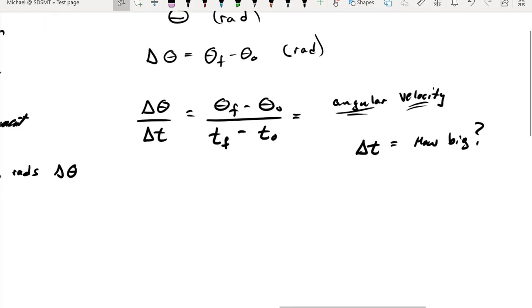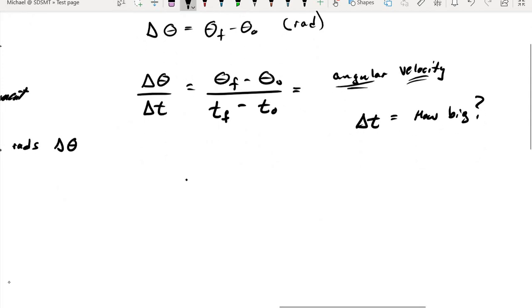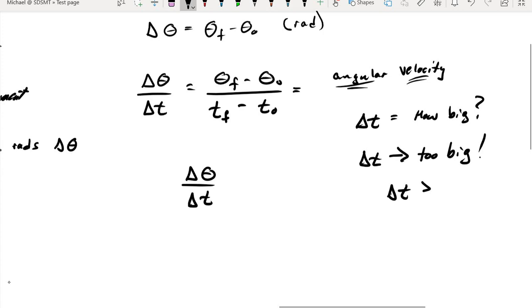And so the best that we can do by using a time interval of delta t, when I teach this at the beginning of the semester, I always tell my students that delta t is too big. In other words, anything greater than 0 is going to be too big for a delta t. And so the best we can hope for here is that we're going to get an average